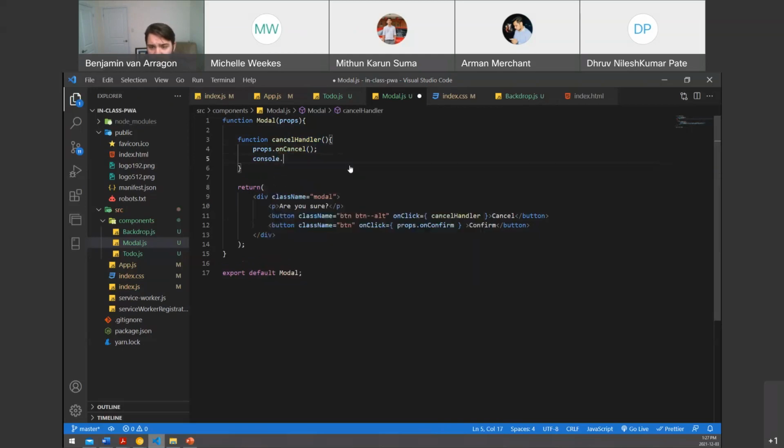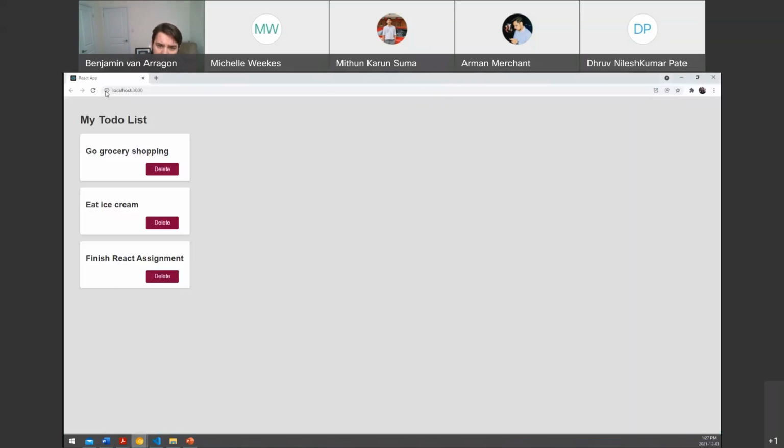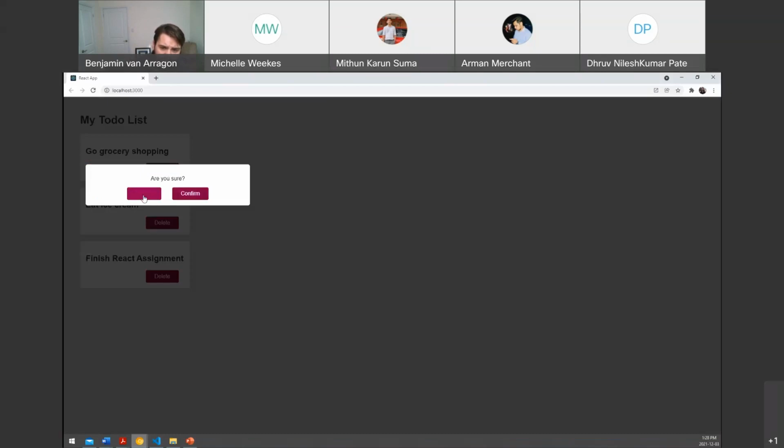And so that way, in here, if I wanted to do multiple things, if I wanted to do a console.log and type user clicked cancel, if I wanted to do an alert, if I wanted to do some math, you could do all of that stuff up in here. So this is another way to call it. Instead of just calling props.onConfirm, you could call your props.onConfirm as well as all your other logic, right? So if I save this, it'll still work,